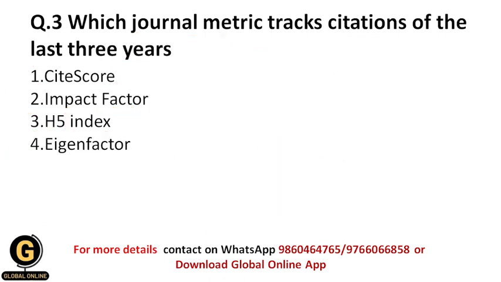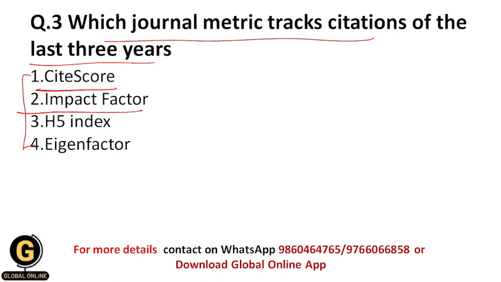impact factor. Next is, which journal metric tracks citations of the last 3 years? Now here again they have given you the names of certain journal metrics, and from these, which is the journal metric which tracks citations of the last 3 years? So whether it is CiteScore, whether it is impact factor, whether it is H5 index, or whether it is eigenfactor. So students, we have seen the definitions of